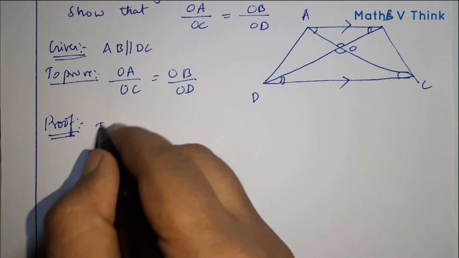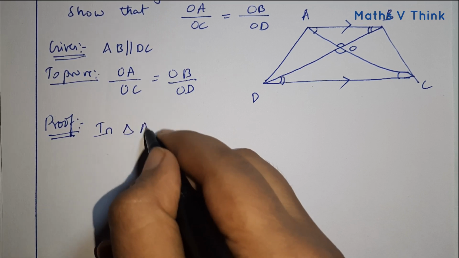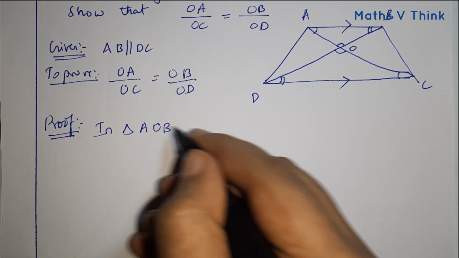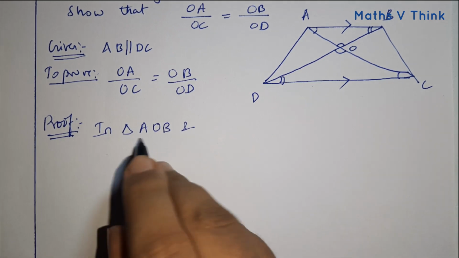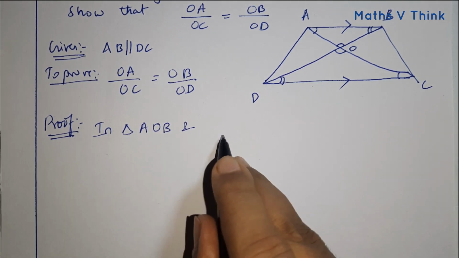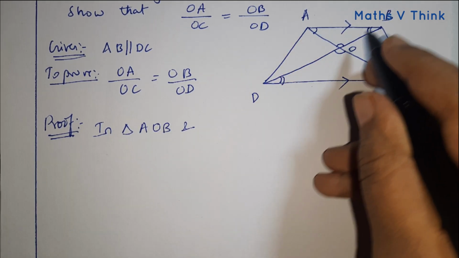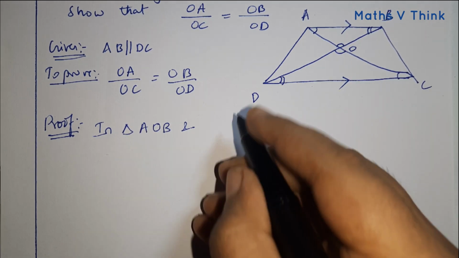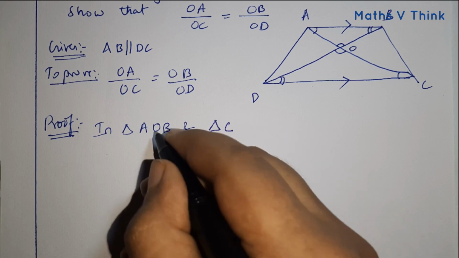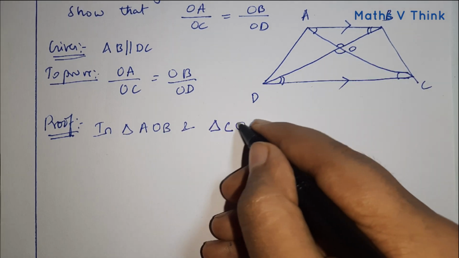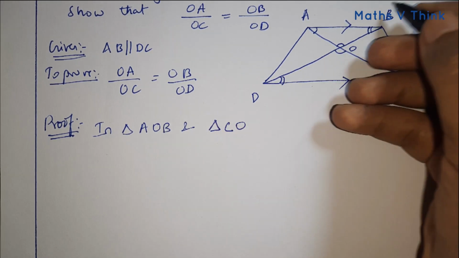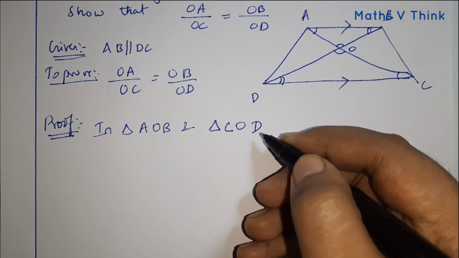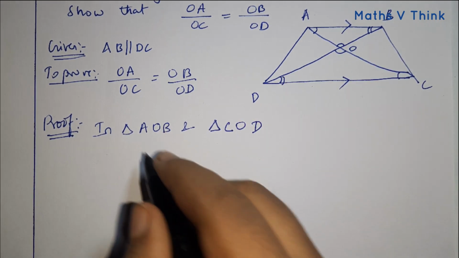So I need to take triangle AOB and you need to write the name of the triangle in proper order. If I write AOB, then which angle is equal to A? It is C. So write first C. Angle O is equal to angle O. Okay, O. Then angle B is equal to angle D. Write D. Now analyze.